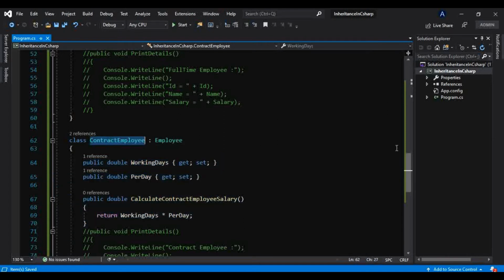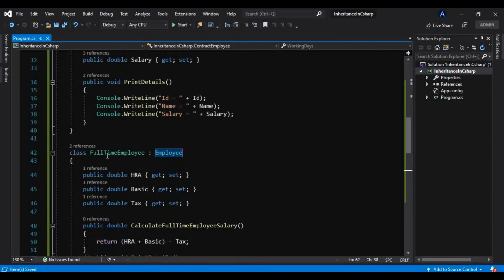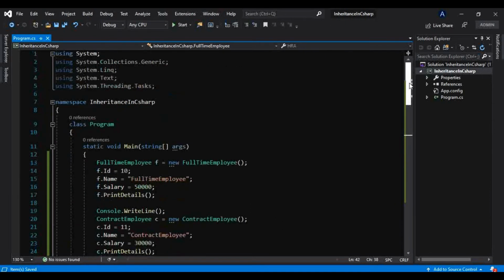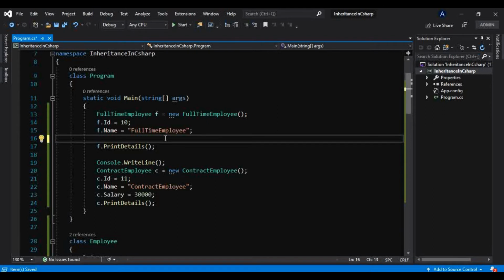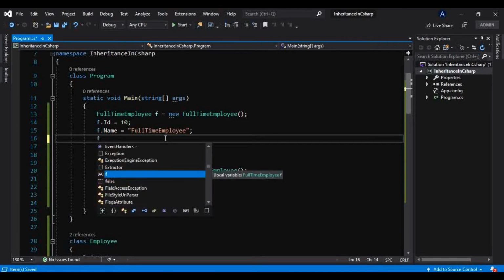This is called nothing but a specialization. This contract employee is a specialization of this employee, as well as this full-time employee is a specialization of this employee. Okay, so now we know we don't have to give salary here, because we are calculating that for the specific employee. Okay, so instead of doing something like this, we can do f dot